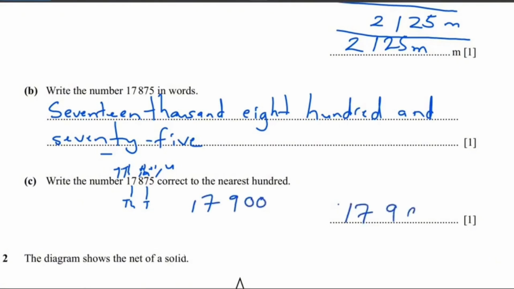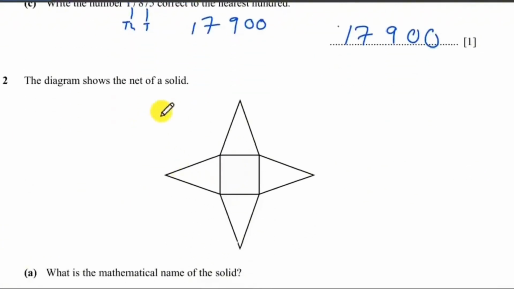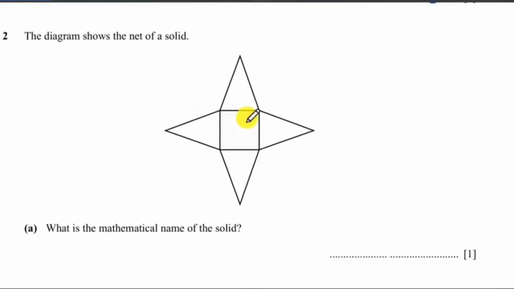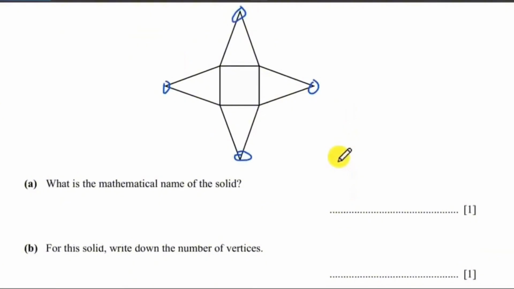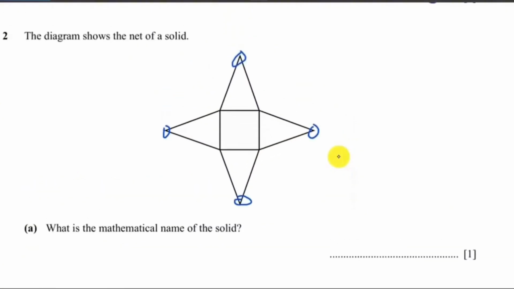Moving on, question 2. The diagram shows the net of a solid. So this is obviously a 3D shape. You can see that possibly you can join these corners because these triangles are equal. These 1, 2, 3, 4 triangles. So you may form a shape. So what's the name of this shape, mathematical name of this solid which you form? Because these ones are going to join together, and these are all triangles, and there's a square here. This is a square